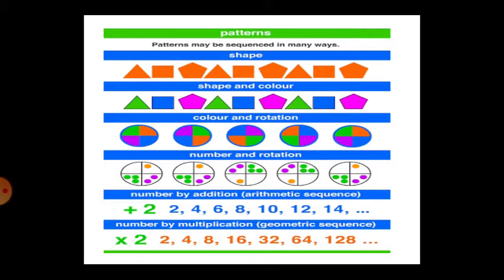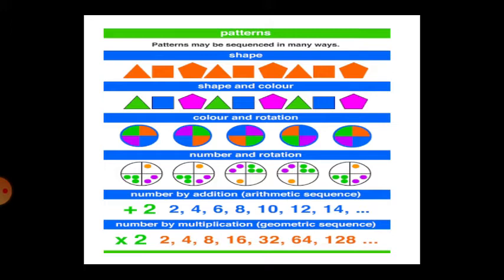See shapes and color, you can also observe. First the triangle is colored green, then the rectangle is colored blue, and the pentagon is colored pink. Again the same thing is repeated: triangle, rectangle, pentagon, colored green, blue, and pink. So this is called order wise. A pattern is always arranged in an order.